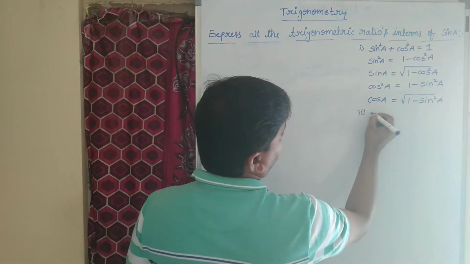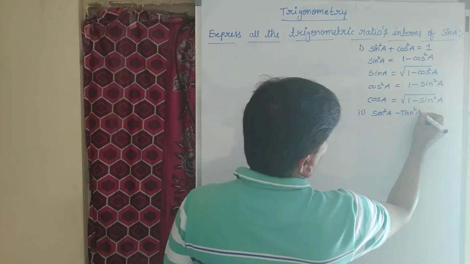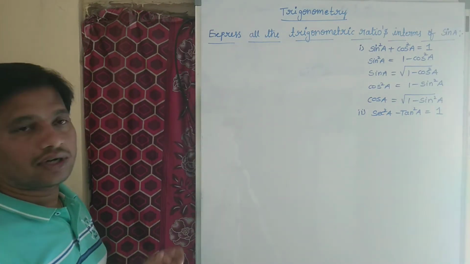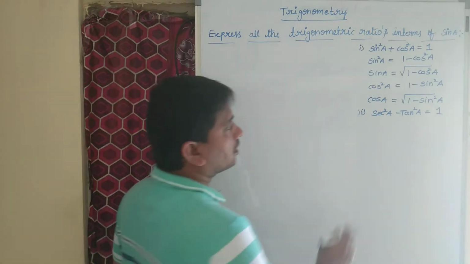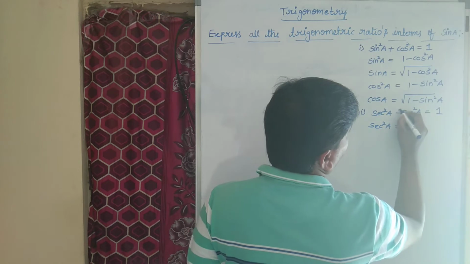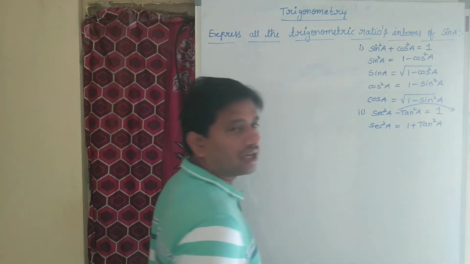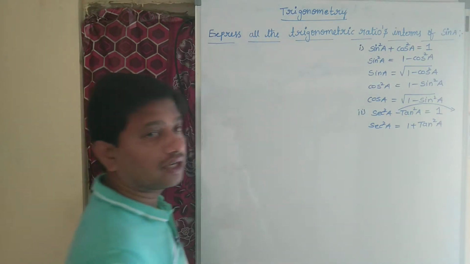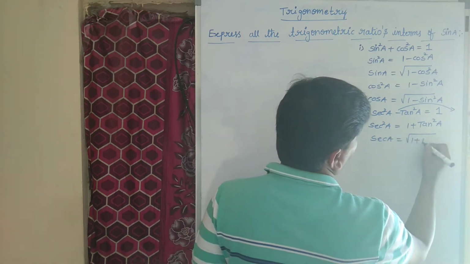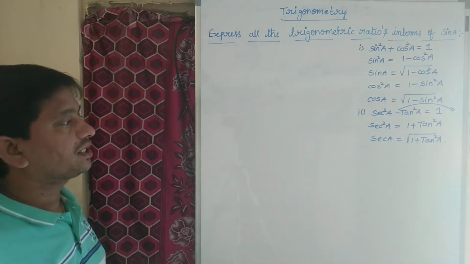Now coming to the second one, sec square A minus tan square A is equal to 1. This is our second identity. Sec and tan, they are combinations. Okay. Now if you want sec square A, what do you do? Minus tan square A you transpose towards right hand side, it will become 1 plus tan square A. So sec square A is nothing but 1 plus tan square A. Square you transpose, it becomes root. So sec A is nothing but under root 1 plus tan square A. Clear? This is in terms of sec.